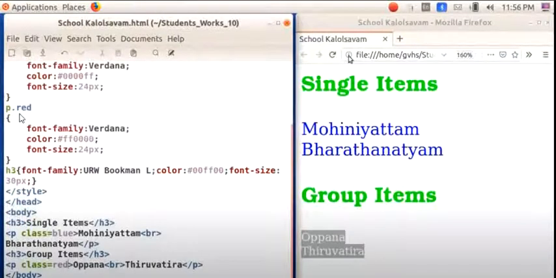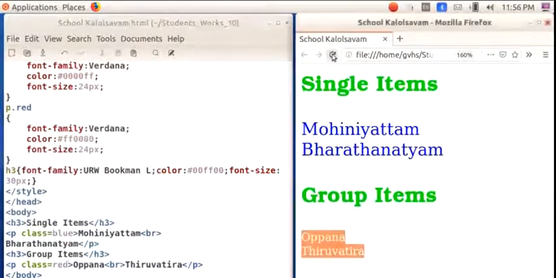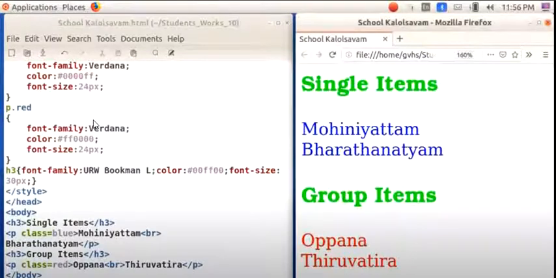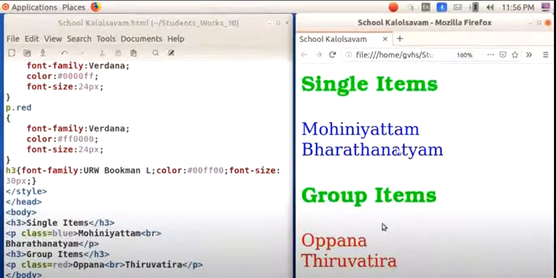Here two class selectors are specified, p.blue and p.red, and the class name is specified with the tag as p class equal to blue and p class equal to red. After saving the document, you can see different formatting is given for different paragraphs.